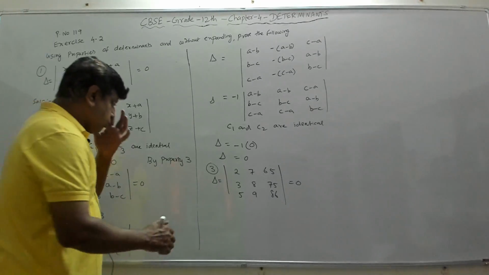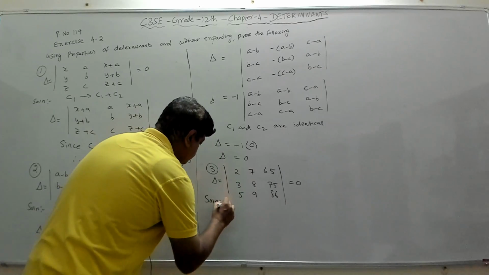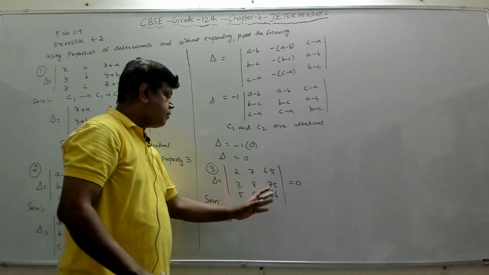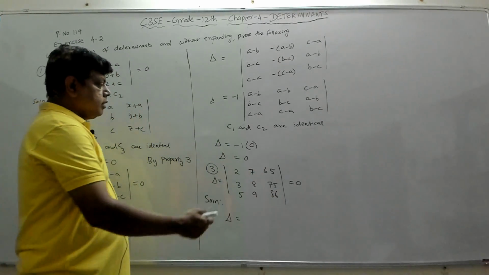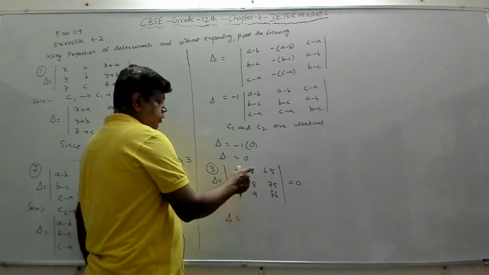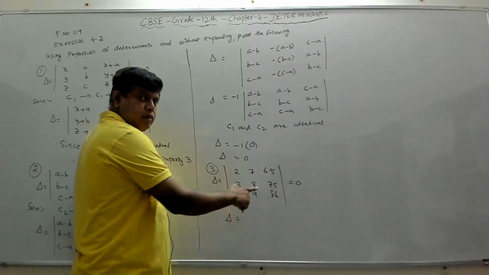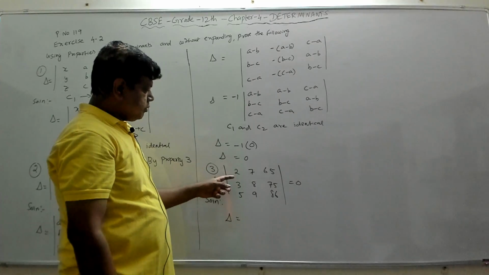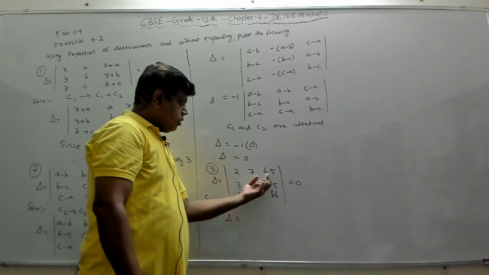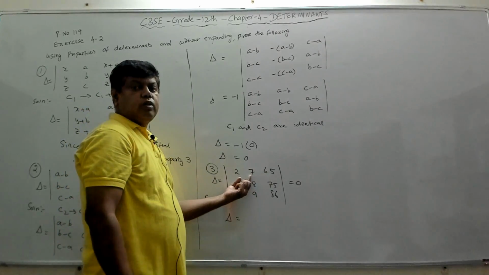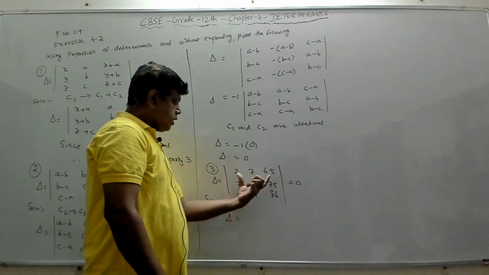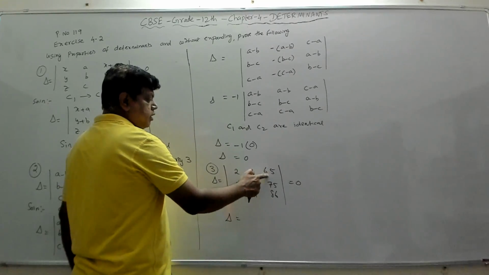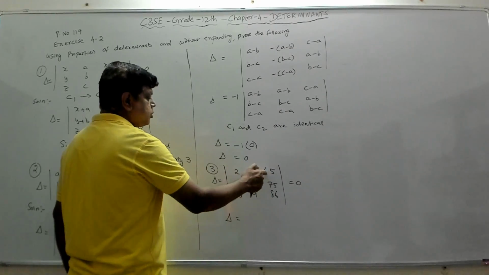Now again, solution. If you observe here, whenever you have big numbers like this, 65, 75, 86 and all that, just try to divide the largest number, say for example in this row, with the next largest number. So in this row, take any row or any column. We'll check with the row first. So 65 and the next largest number in this row is 7. So divide these two. What do we get?